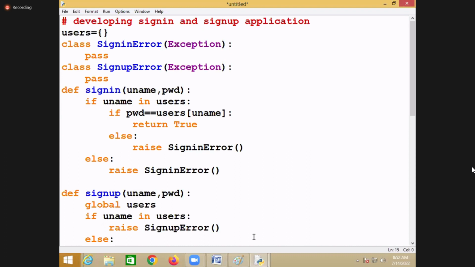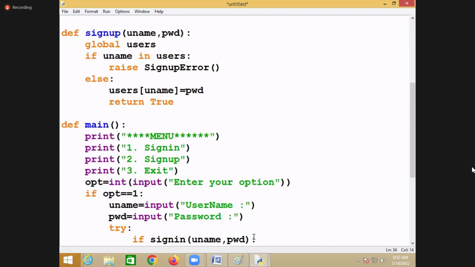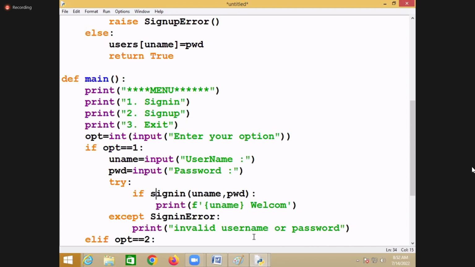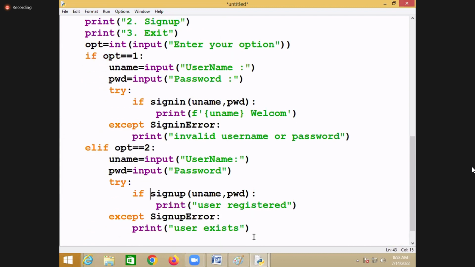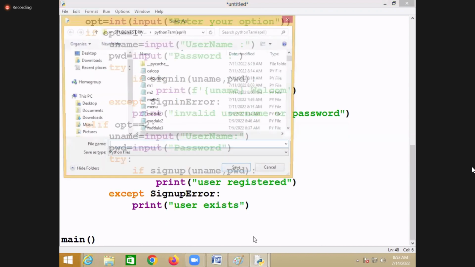Sign in error. The caller calls the sign up function and handles which error? Sign up error.